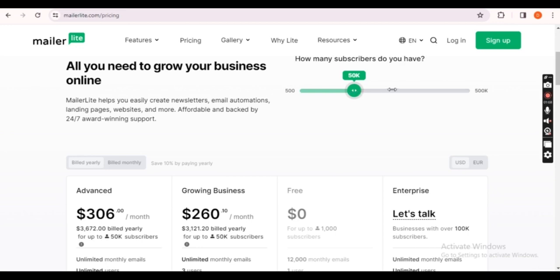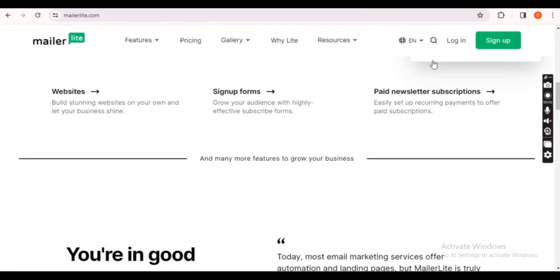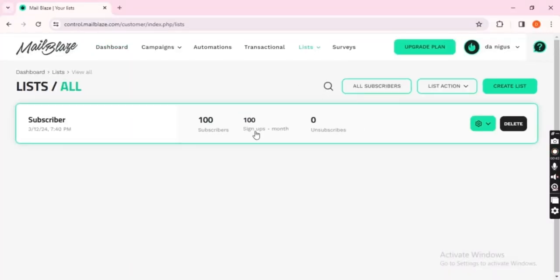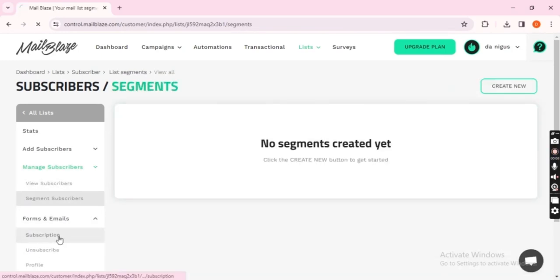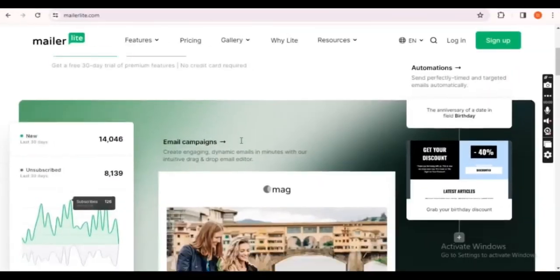When deciding between MailerLite and MailerLite, consider your specific business requirements, budget constraints, and the features that are essential for your email marketing strategy. Also, check for any updates or changes. Take advantage of trial versions or demos, if available, to get hands-on experience and determine which platform best aligns with